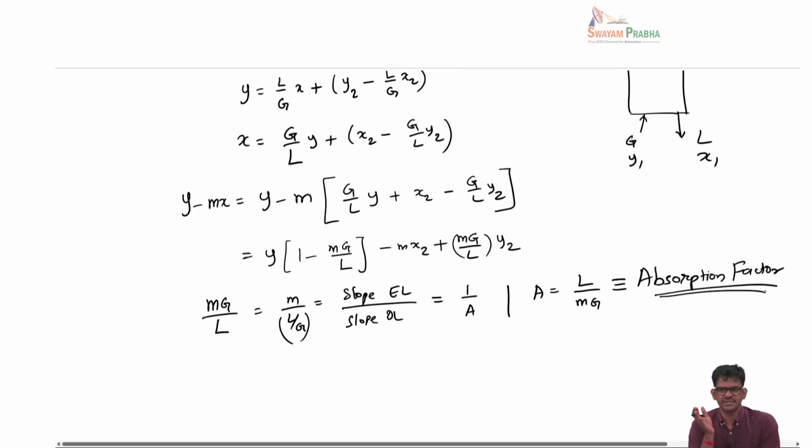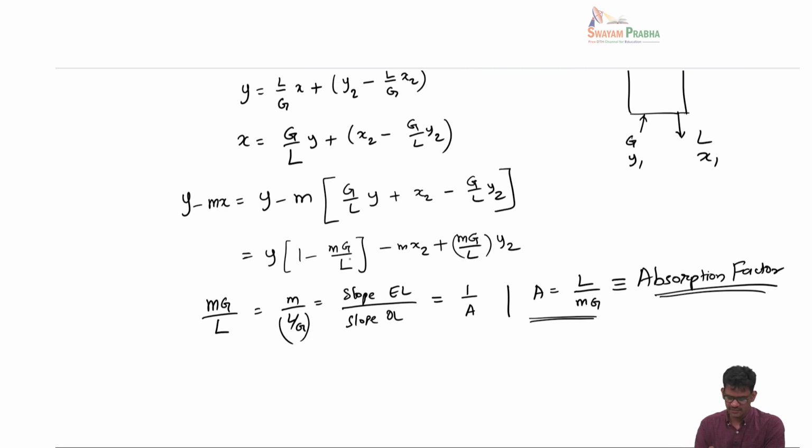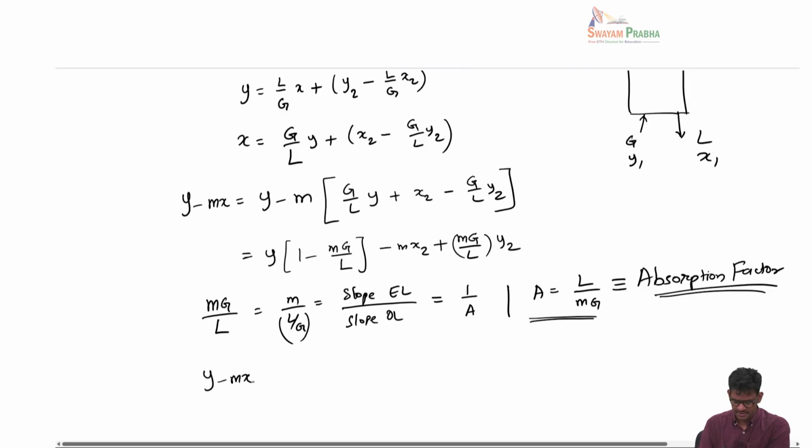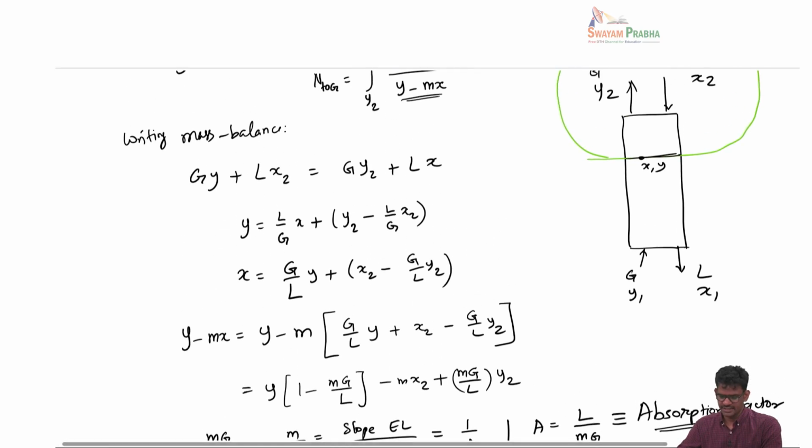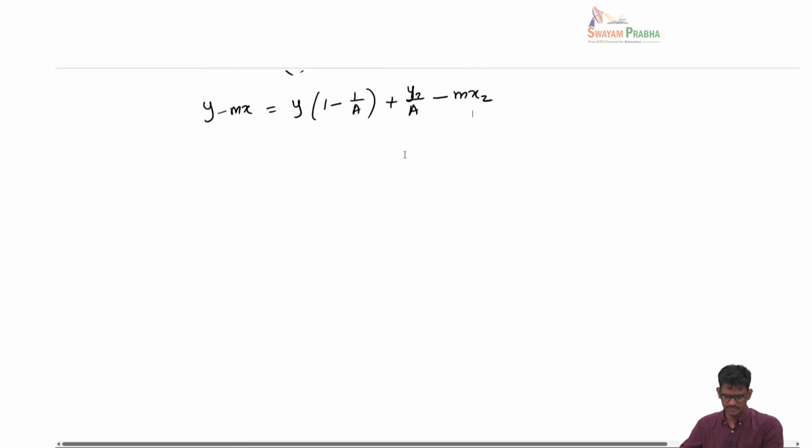Now, I realize that we are using this letter A for so many things, for area and so on, but this A here we are denoting as the absorption factor. It is defined as L by mG, but here we have the inverse of that, mG by L. So y minus mx is given as y times (1 minus 1 by A) plus (y2 by A minus mx2). So I can now substitute that expression in this NTU or NTOG. My NTOG calculation is the integral from y2 to y1 of dy